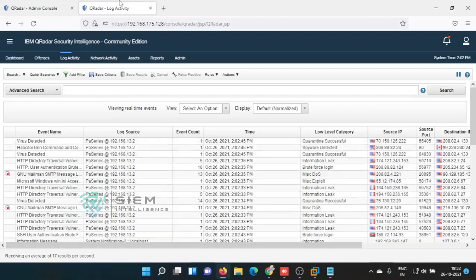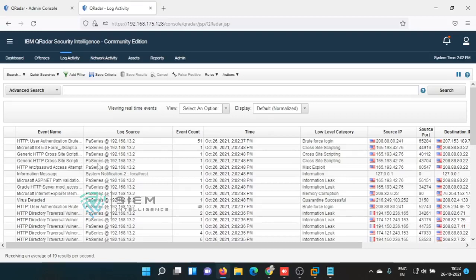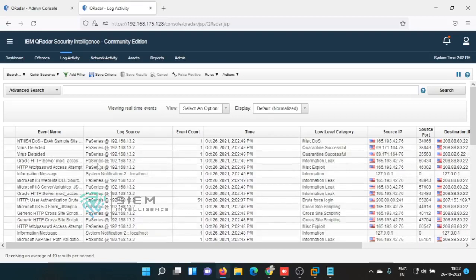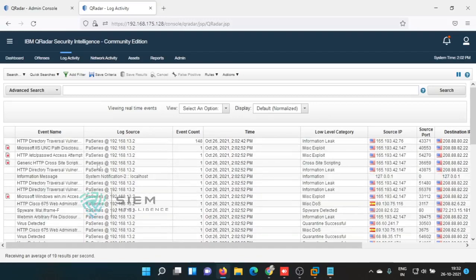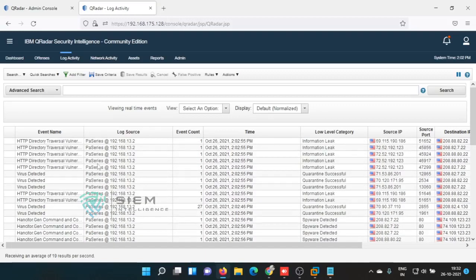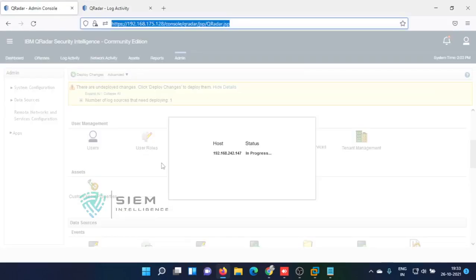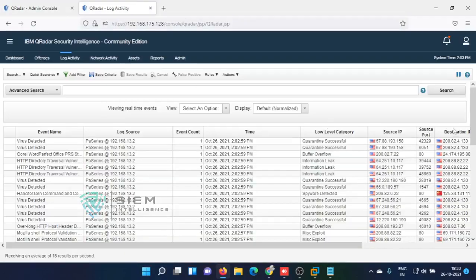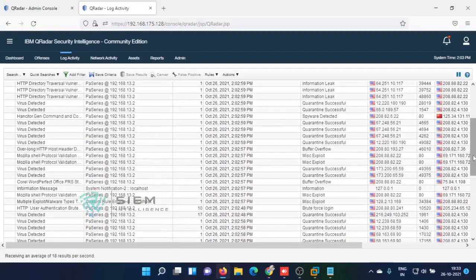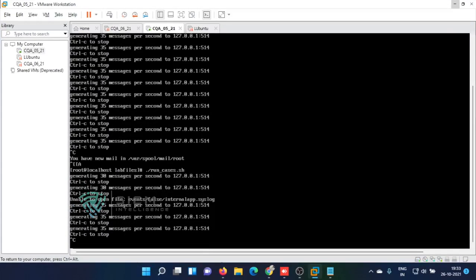See, for this only, people used to be heavily paid for the log source DSM editor and this regular expression. People used to be paid something like 10 lakhs, 12 lakhs per annum because of this reason only. If you know the DSM editor, people give you so much priority. So we need to wait for some time, and again I'll throw the same logs.